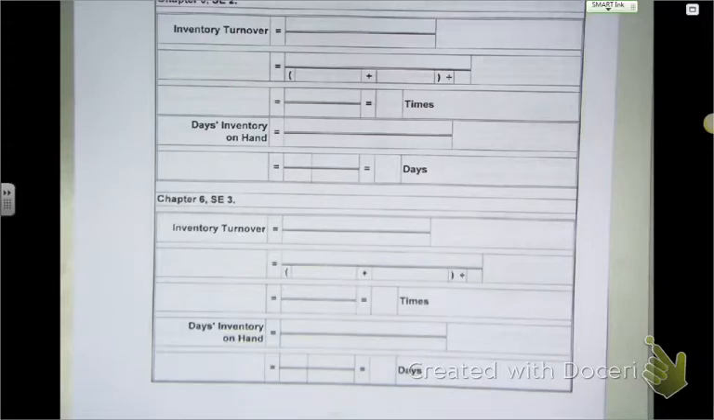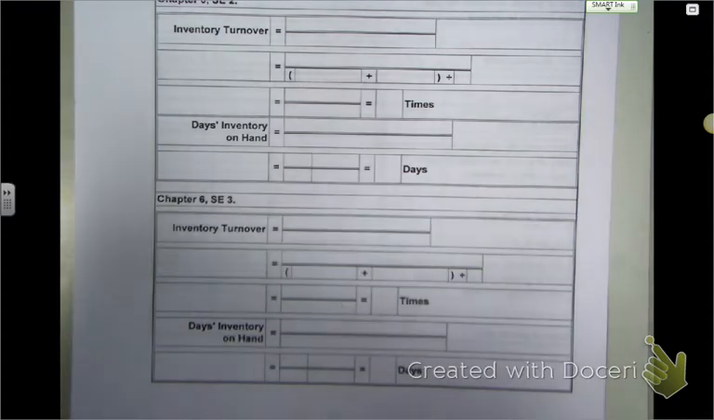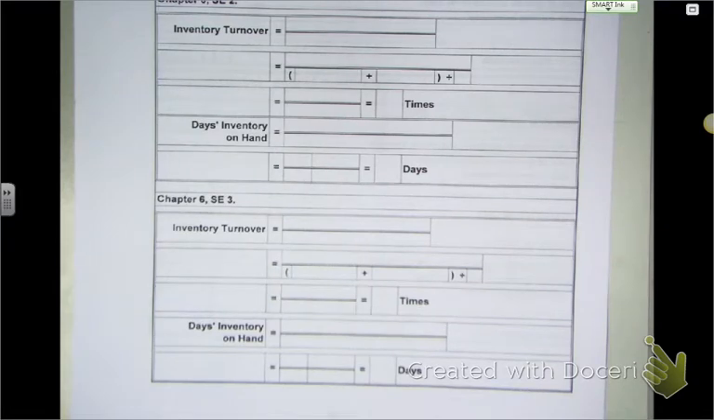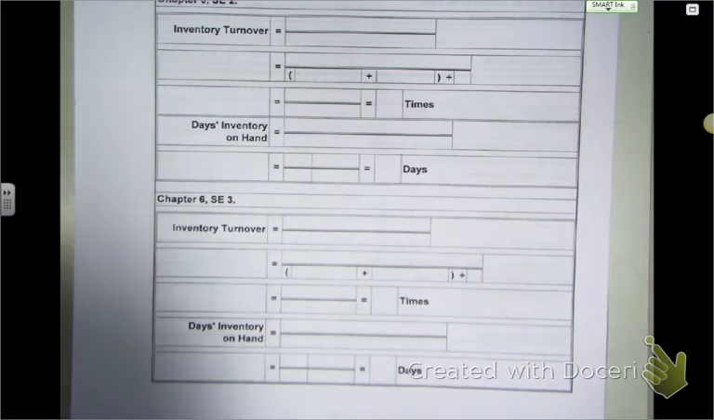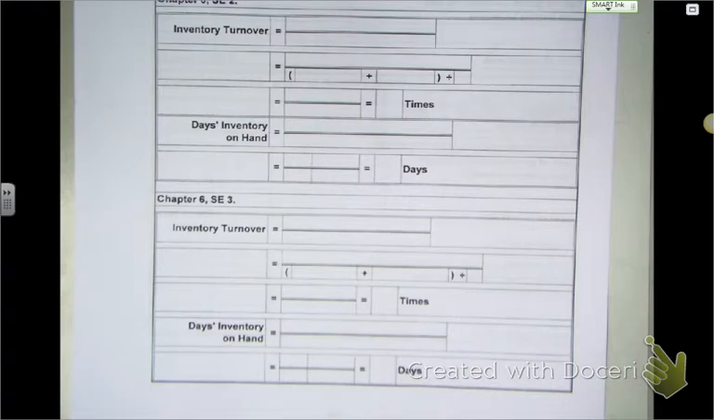So we're working on SE2 on page 314, and we're applying the formula for inventory turnover. So using the formula that you did in chapter 5,